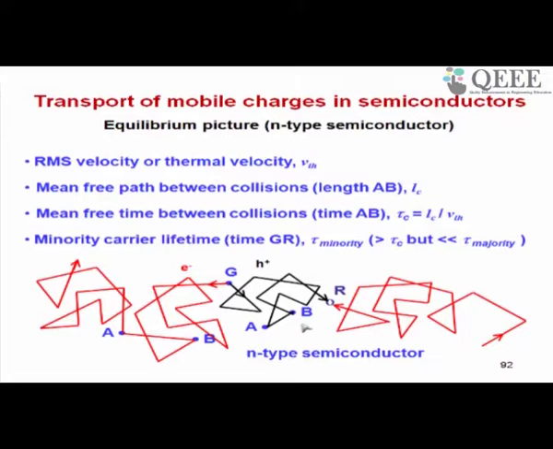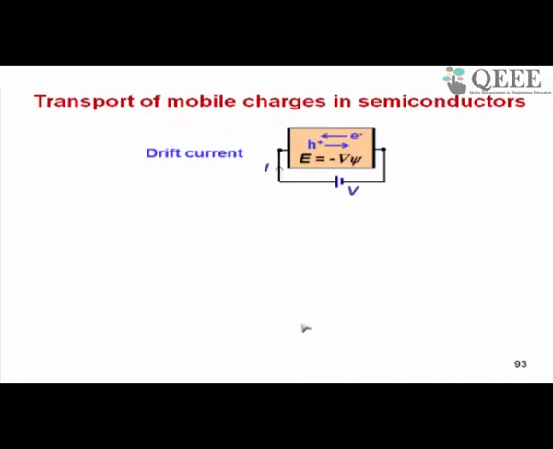So the reason is majority carriers are too many in number as compared to minority carriers. Therefore a minority carrier after generation most likely meets with a majority carrier which is very different from that majority carrier which was created along with it, and therefore the lifetime of a minority carrier is much less than the lifetime of a majority carrier. So normally in semiconductors, when we use the term lifetime, it is always minority carrier lifetime. It so happens that majority carrier lifetime does not play a role in deciding characteristics of semiconductors.